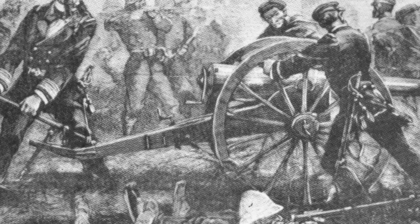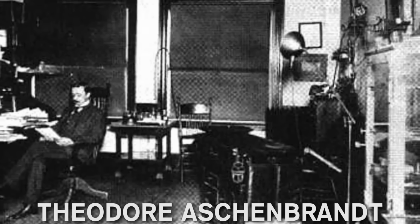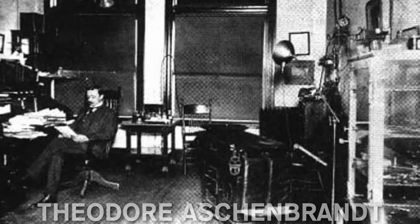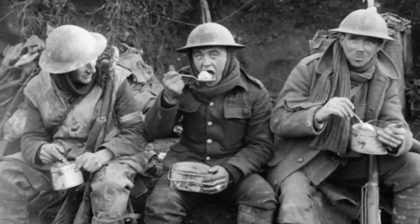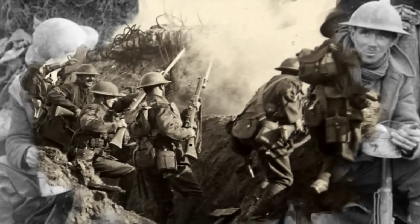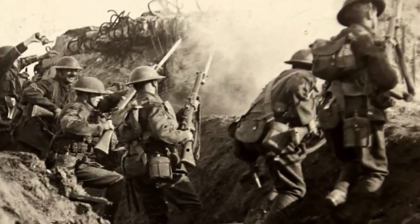The narcotic concerned was tried in the military for the first time in 1883. Theodor Aschenbrandt, the Bavarian army physician who carried out these experiments, recognized the potential utility of the drug and its appetite-suppressing effect and supposed that it could help reduce army food supplies by up to 20%. This and the stimulating properties of Snow White were the reasons why the drug was so widely used in the